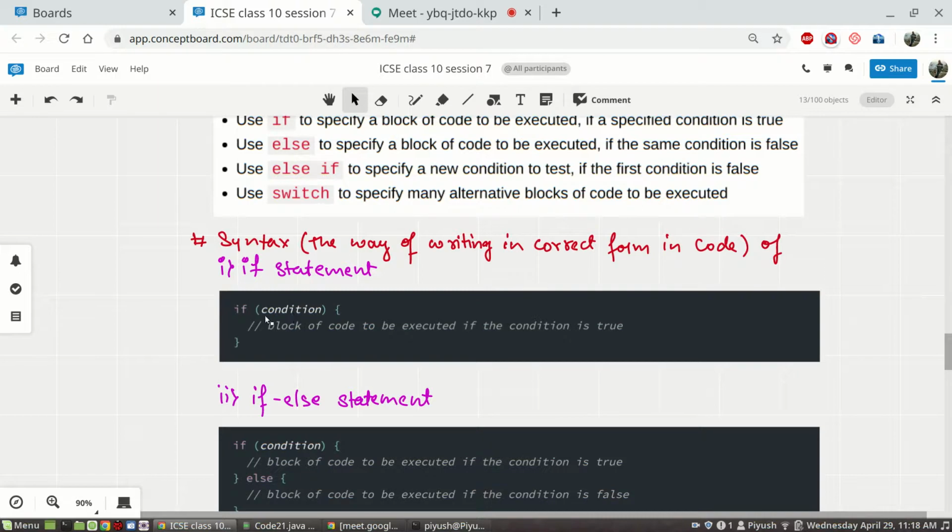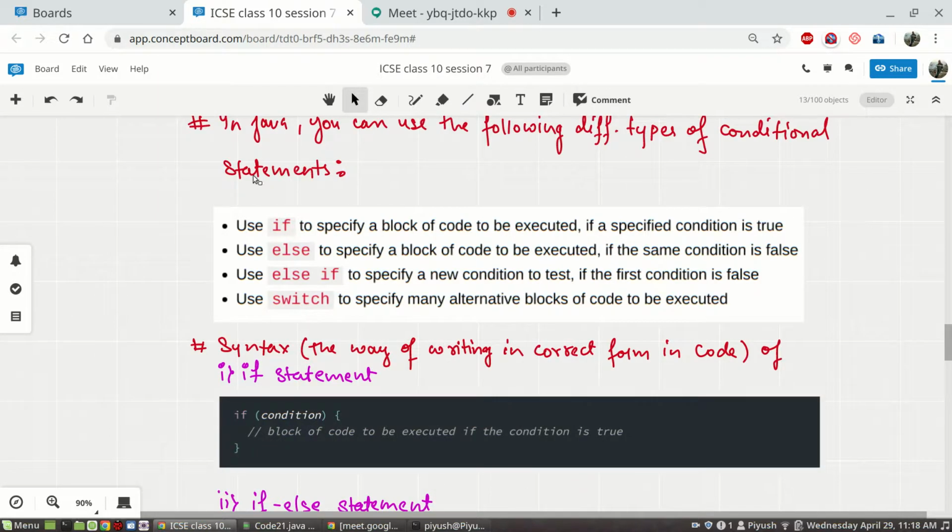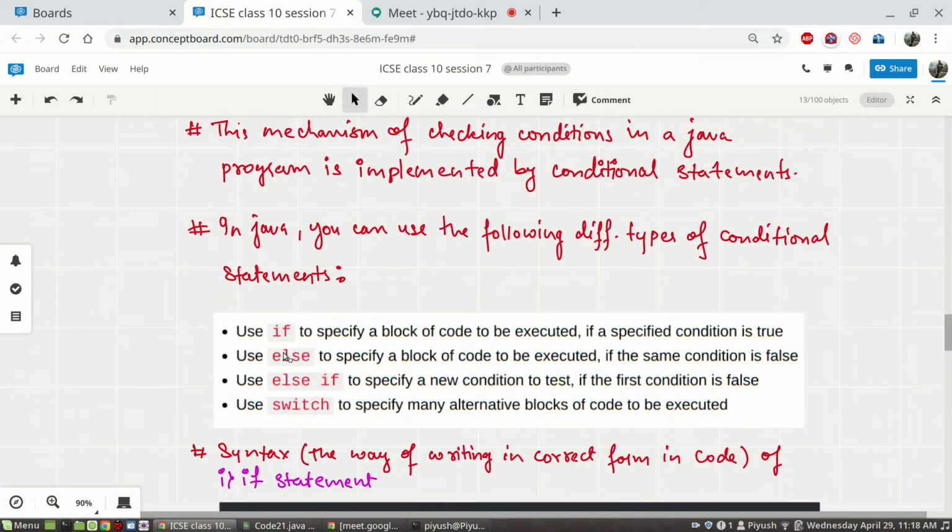So in the condition you will have relational operators with operands. We'll shortly see those things, but first we'll see the different types of mechanisms of making decisions in your Java program, that is, the different types of conditional statements.